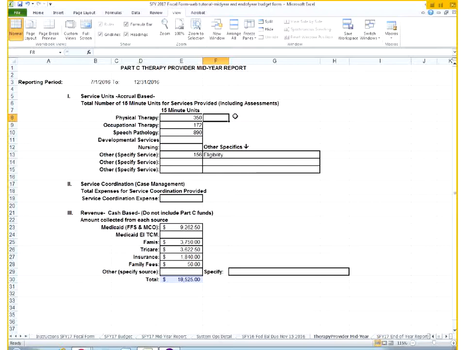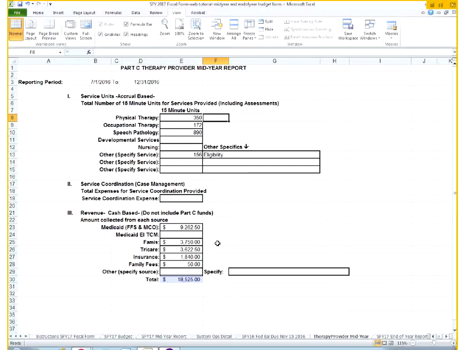Section 2 is service coordination expense. Any contract provider that provides service coordination will record the cost of providing service coordination in Section 2. And again, you will compile that total for your one submitted therapy provider mid-year report. Now, Section 3